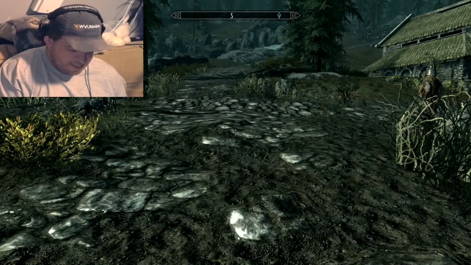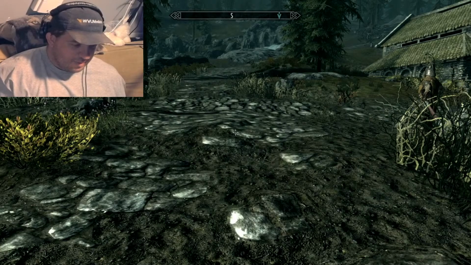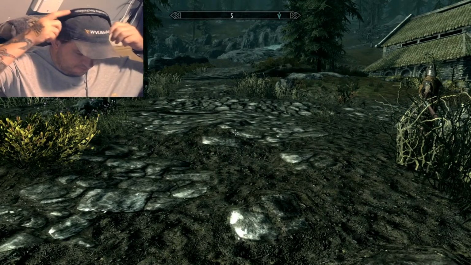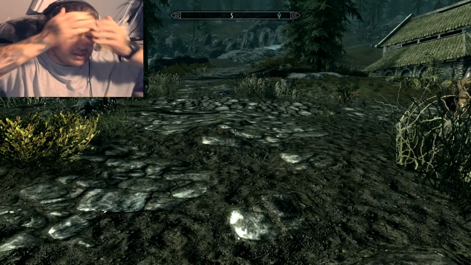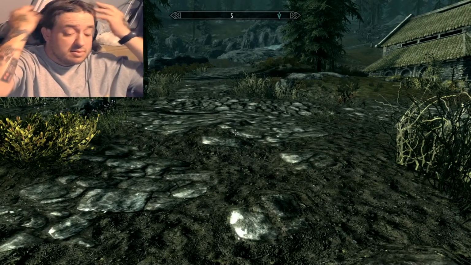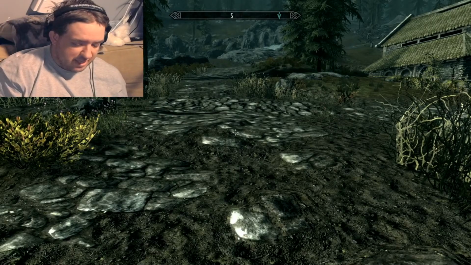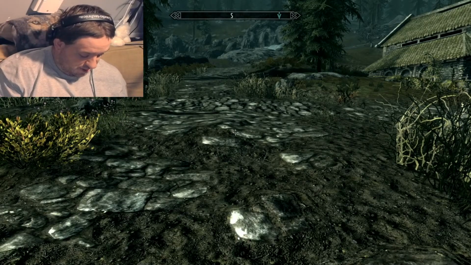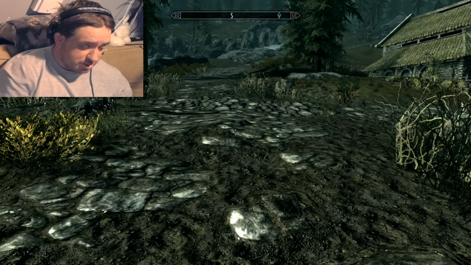I have my hat on because my hair is a bit of a mess. I know it puts a big shadow on my face. You know what? Screw it. It's not horrible, but it's looked better. There we go. There's my lovely face. It's good? Alright. I'm gonna trust you.